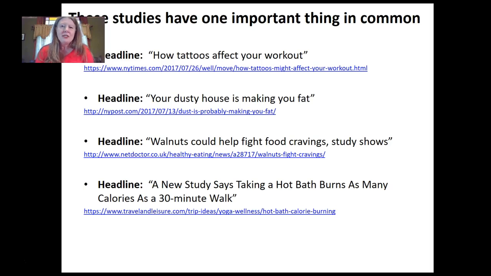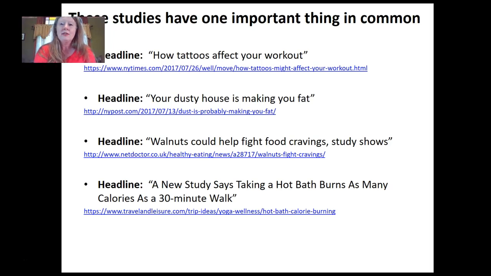So I meant to show you these before we started this discussion on sample size, just to try to convey that all of these studies actually made the headlines. I have links here where you can go and read a little more about these studies if you want. It's possible that some people just skim the headlines, maybe read the first paragraph, but don't read the full story. All of these give us really sensational headlines. But if you learn a little more of the details of each of these studies, you're going to find